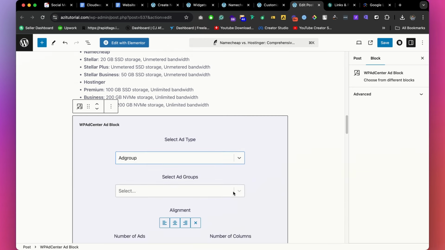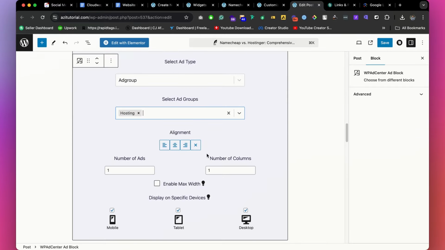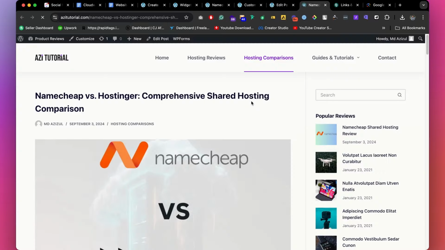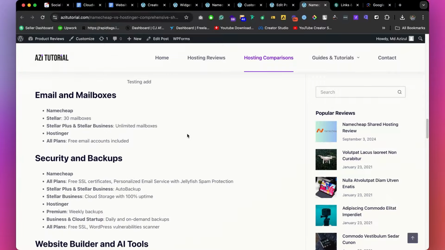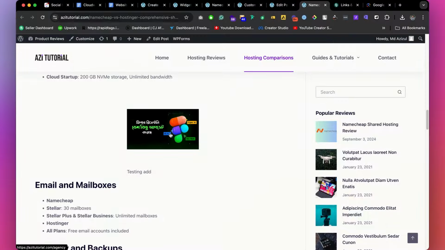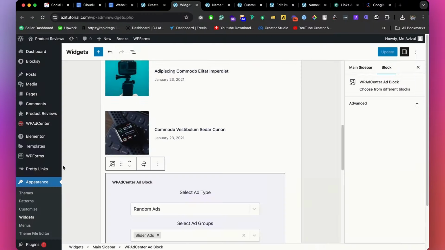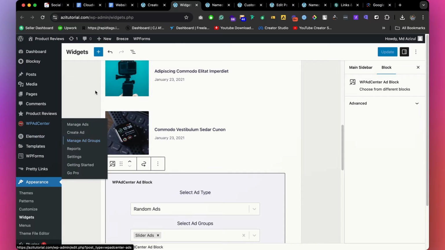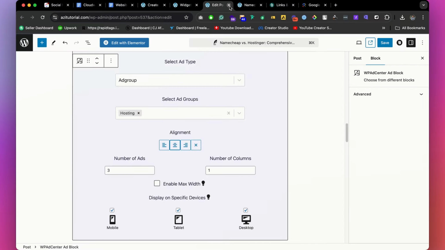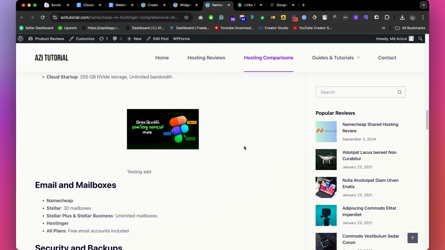If you'd like to go with an ad group, then you can simply select the ad group, and the number of ads and number of columns, if you'd like to select, you can do it from there. So this is the process of placing ads. And now in here you can place banner ads or sidebar ads, whatever you want. You can create a different, let's say, ad group there to identify different ads. So this way you can place the ad inside of the post. Okay,